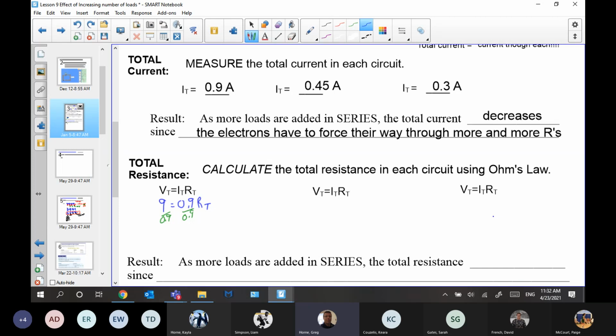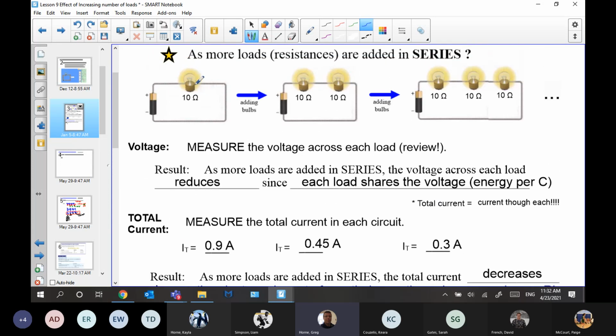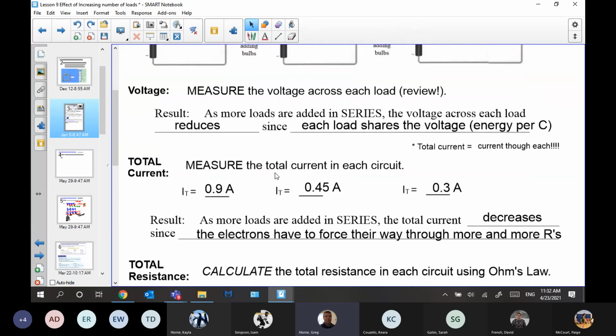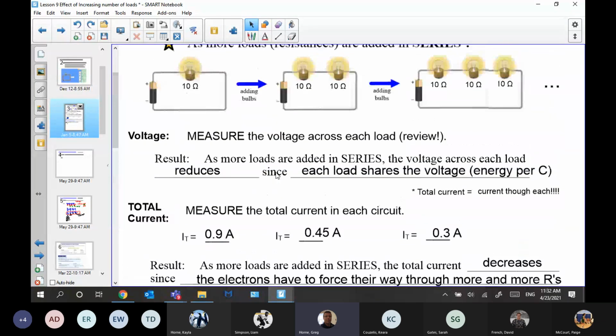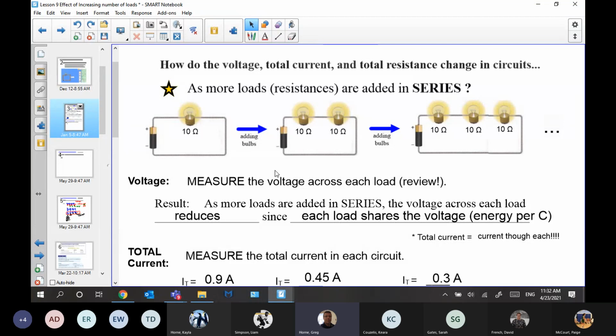Seriously, there we go. So we get the total resistance left over, and that's 10, isn't it? Yeah, it's 10. So we get 10 ohms, right? Which should make perfect sense since we only have that 10 ohm resistance, right? Then we calculate this one, and you can probably guess, if there's 10 ohms and then another 10 ohms, a